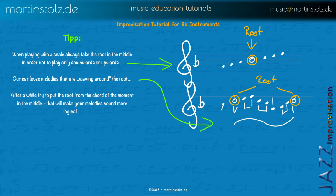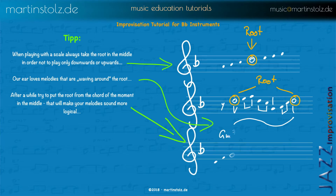When you get familiar with the scales and the changing of the scales, the next step is to focus on the root of the chord of the moment. That means if you come to the G minor, play a G, and do the same thing with this waving around the G. If you come to the B flat, wave around the B flat. Because this would sound more logical,